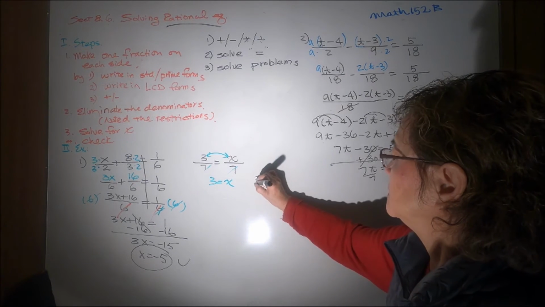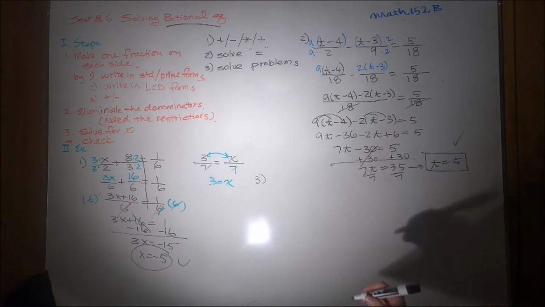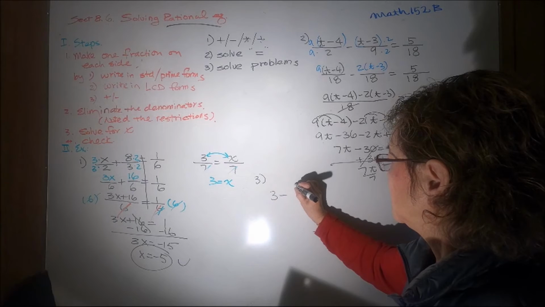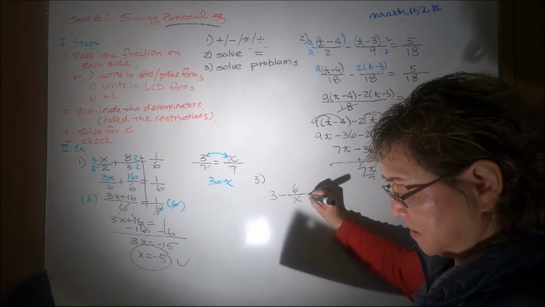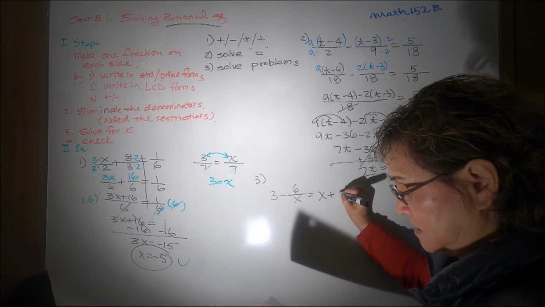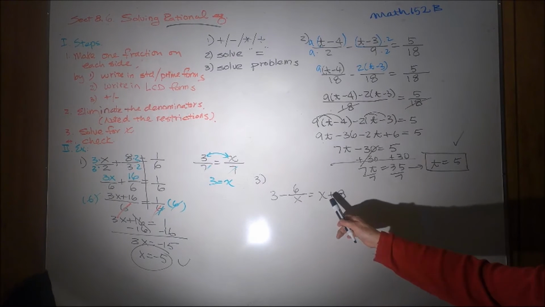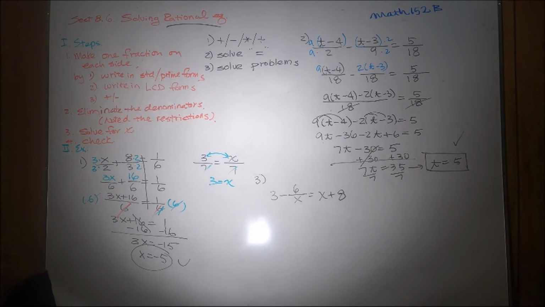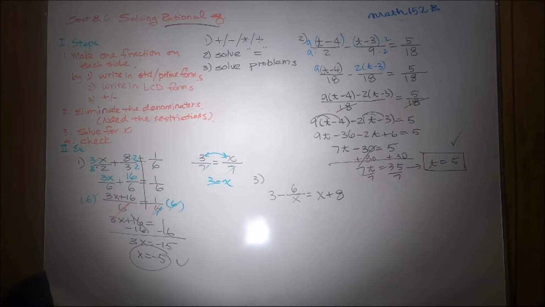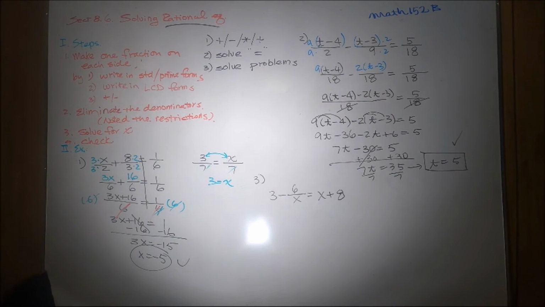Okay, look at the next one. You have 3 minus 6 over x equals x plus 8. So one side with a fraction, one side doesn't. Okay, so we have a fraction now with a variable